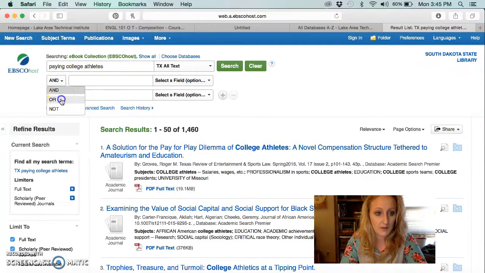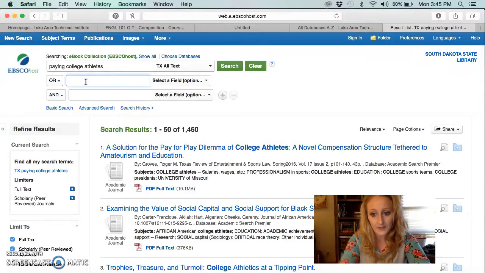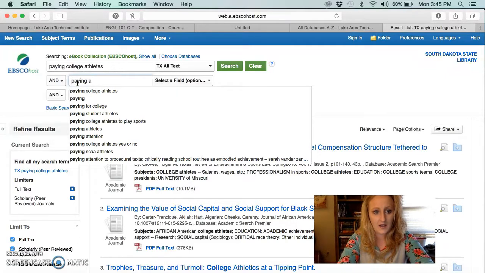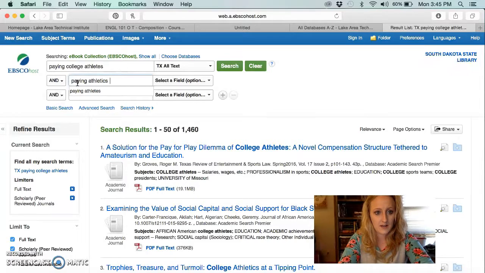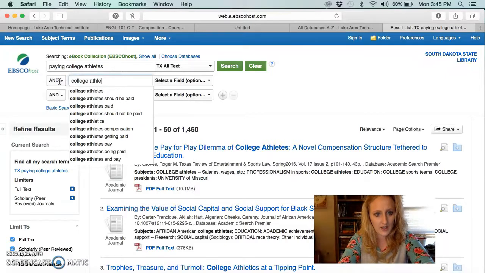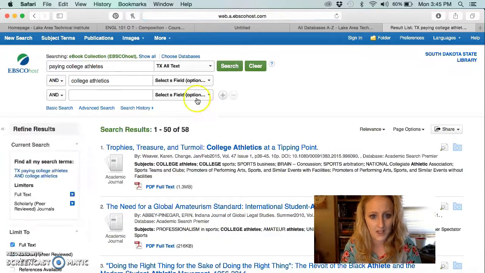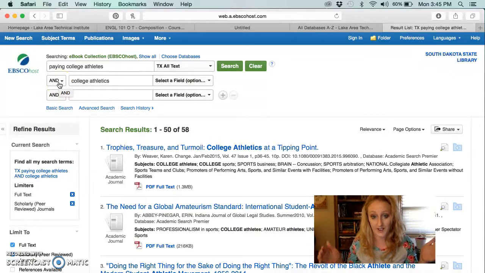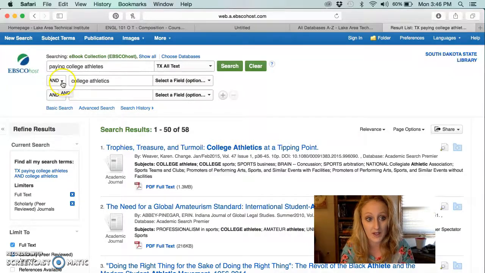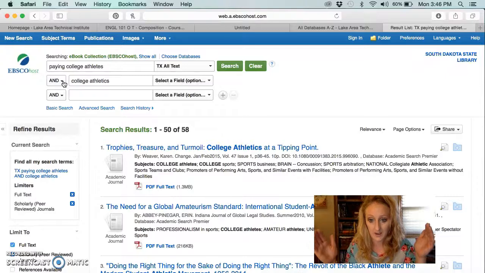So I'm going to say paying college athletes, and then I'm going to use this Boolean operator and say or. Actually, I'm going to say and, because then that's going to narrow my search even farther. Paying athletics. Let's see. Actually, let's do college athletics. And I'm going to search. And that narrows it down to 58 if I use that and. Now if I use or, it's going to broaden it. So say I only got 2 to start with. If I use or, it's going to make my search results much, much larger, and I'm going to have more